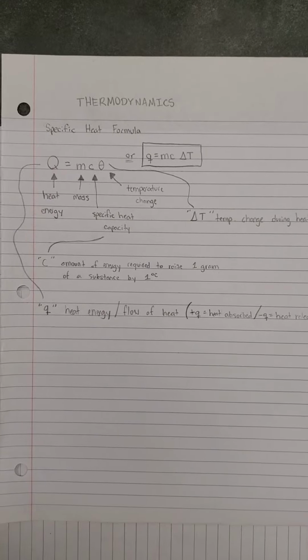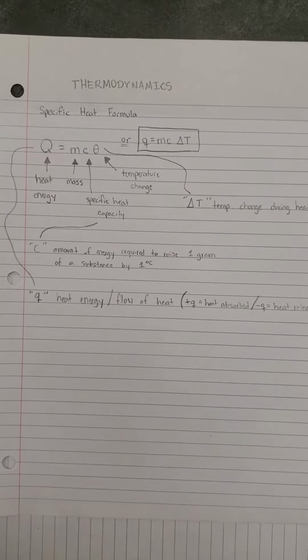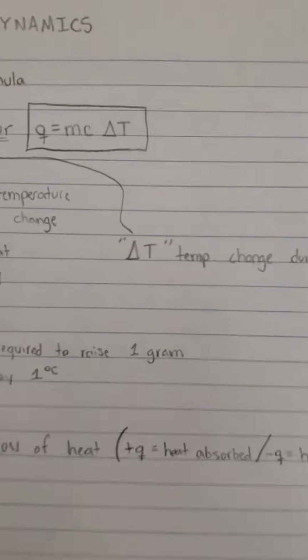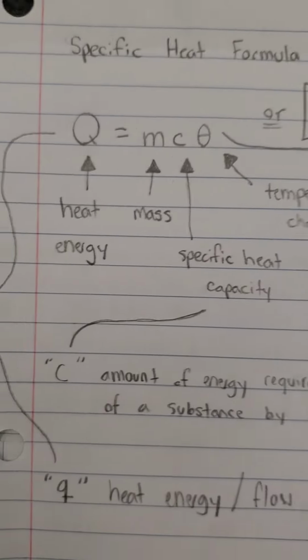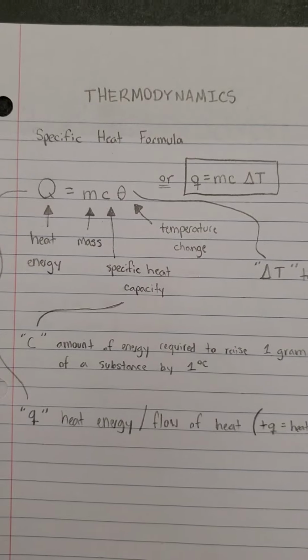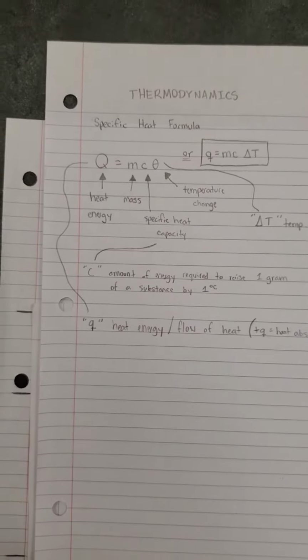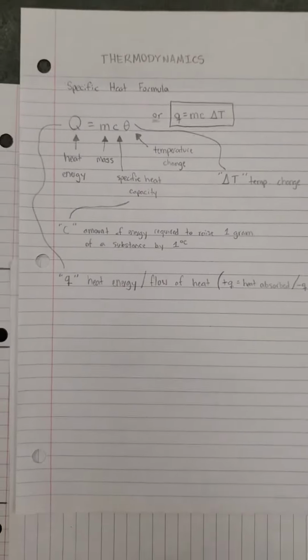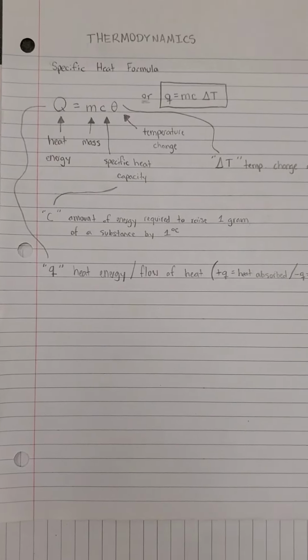Alright, so we're going to be doing thermodynamics today. More specifically, we're doing the specific heat formula, which is that equation right there, or that. They're the same, just different variants. Q is equal to the heat energy, M is equal to the mass, C is equal to the specific heat capacity of the substance, and delta T is